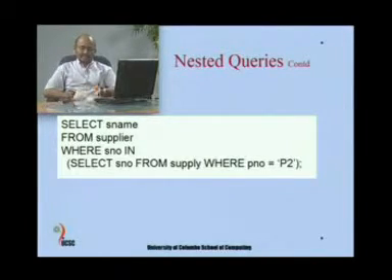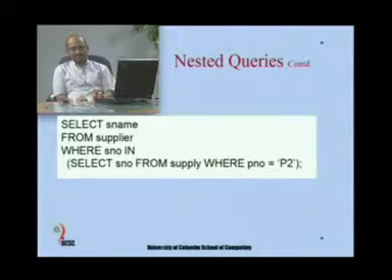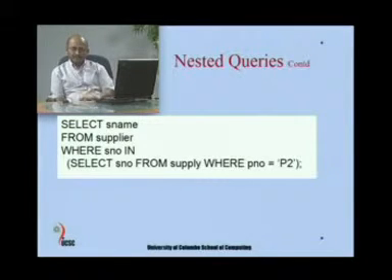First of all, we can go through the supply table, which will have details about which supplier supplied which part. The part we are interested in is P2. So, if you go through the supply table and match for part equals P2, then those records are what we are interested in, but that data actually has only a supply number.